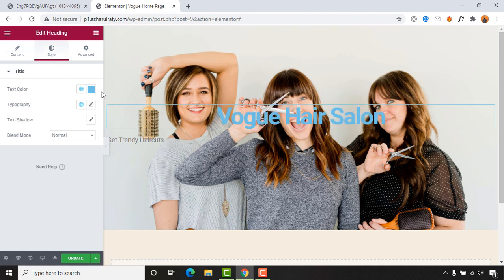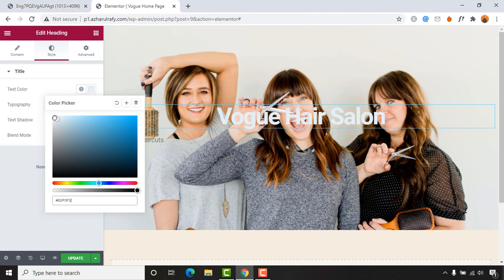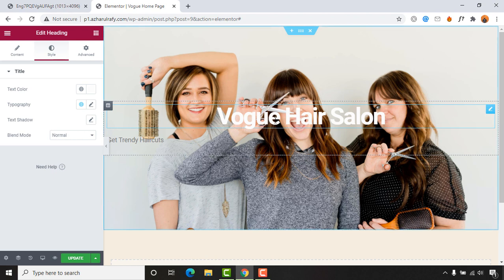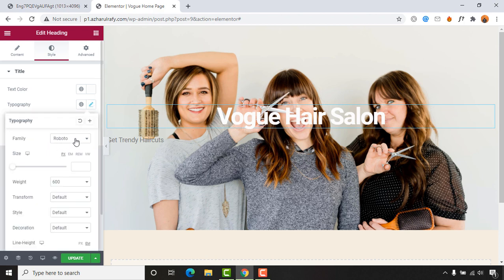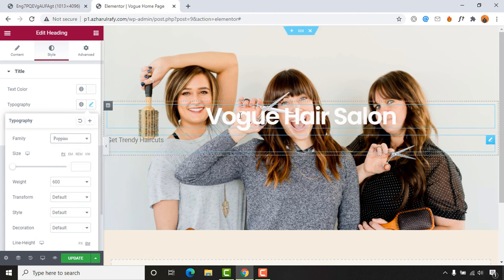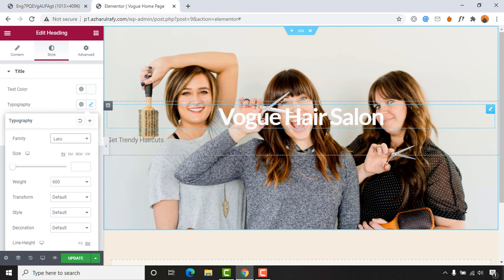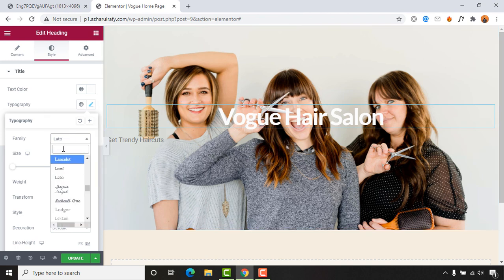And here just take a look, text color, let's click here, and after that select the color, whatever you want. All right. And then to change the font family and other information, let me just show you some of the things here. From typography, you are going to be able to change the font family. So currently it is selected to Roboto, which I am going to use throughout this video, but let me show you. If you want to use, let's say, Poppins as an example, just take a look, the change has happened. But if you want to change, let's say, Lato as an example, just take a look, we have got the change. But I'd love to go with Roboto,